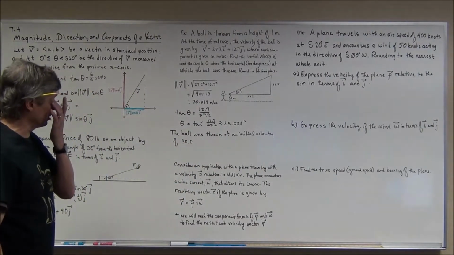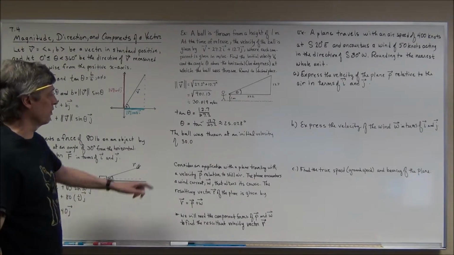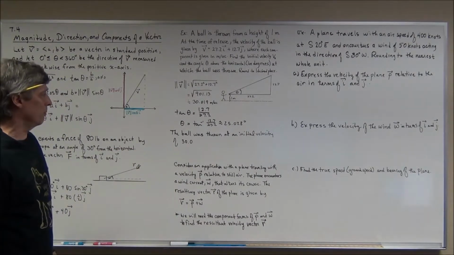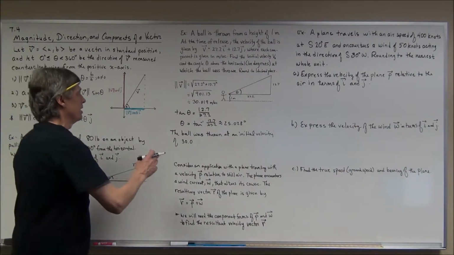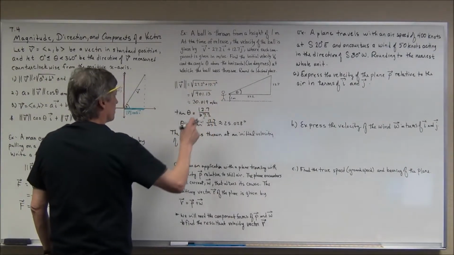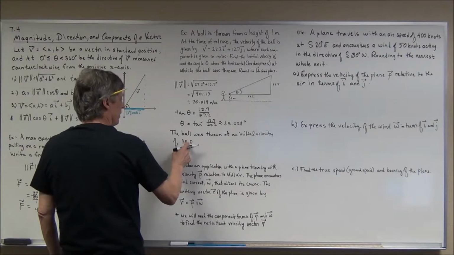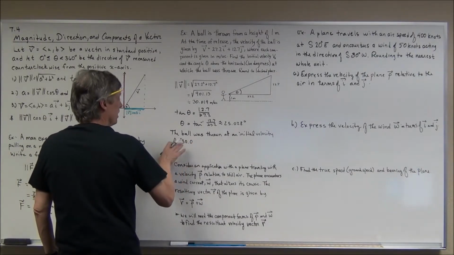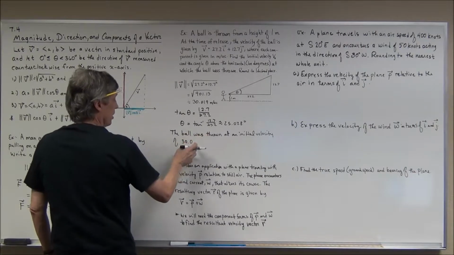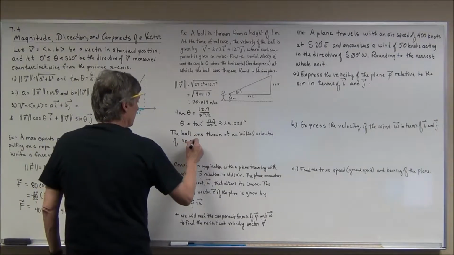I've noticed some students, when they round it to the nearest tenth, if it turns out to be 30.0, they don't put down the 0.0. Yeah, you do, because it's to indicate that you're rounding it to the nearest tenth, so you would need that, even though we know that that's not really adding anything to the overall number. It is showing the precision, or where you've rounded to, and this would be in meters per second,